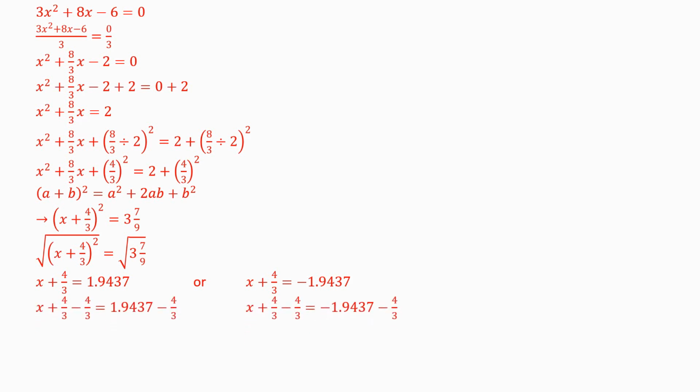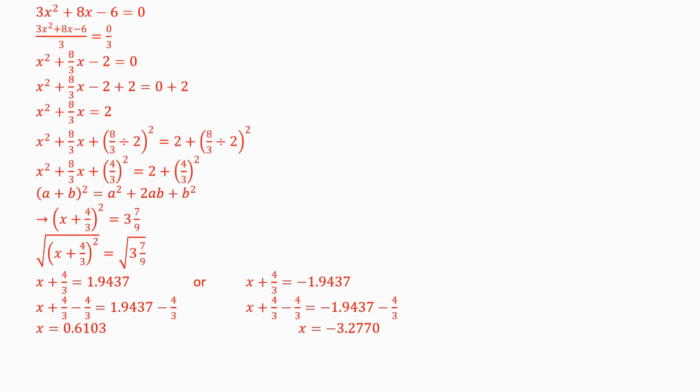So x plus 4 over 3 minus 4 over 3 is equal to 1.9437 minus 4 over 3, and x plus 4 over 3 minus 4 over 3 is equal to negative 1.9437 minus 4 over 3. So x is equal to 0.6103, or x is equal to negative